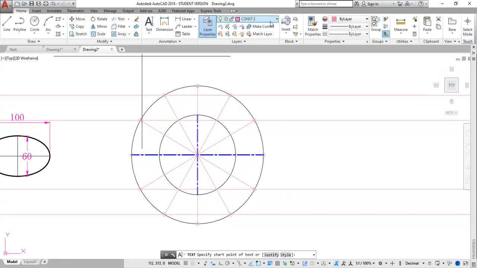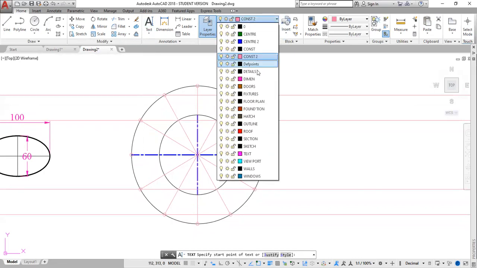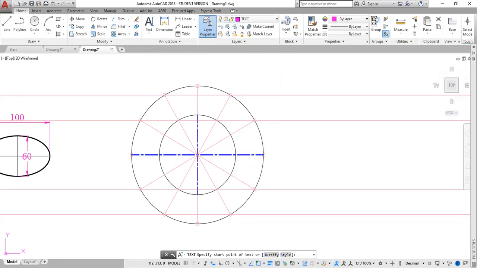Single line text, and I go to text, specify my text height, want to be about that, angle 0, enter, and I label this 1, this also 1, this is 2,